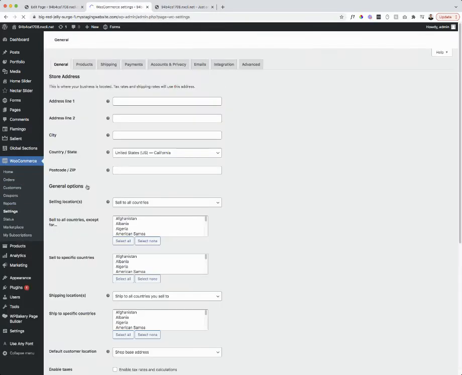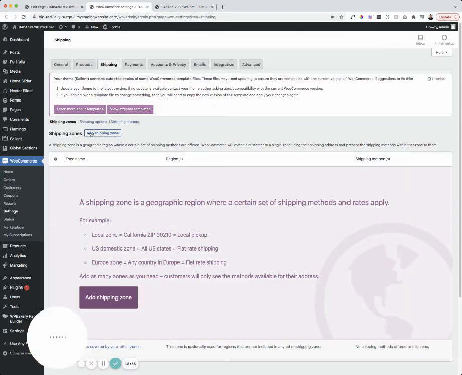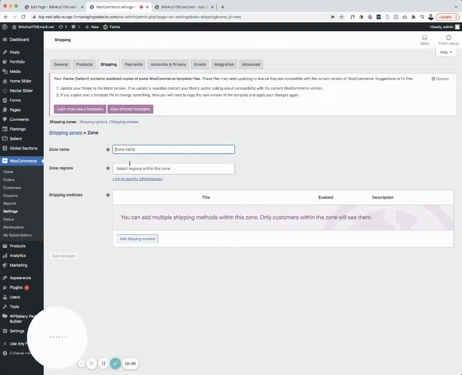If you click on this, it will open up your general settings here. So make sure that your store address is correct. Make sure that you have your shipping configured correctly, so you can add shipping zones. And again, you just kind of walk through, you choose the zone names, the zone regions, etc., and you choose